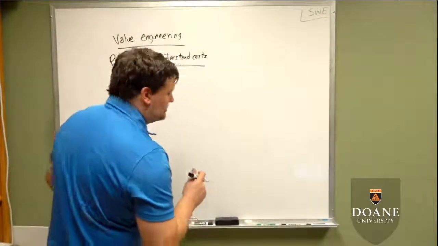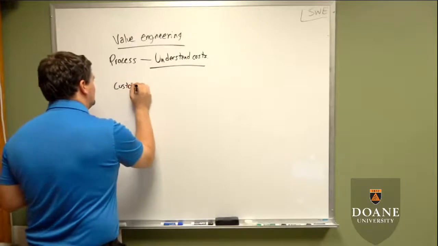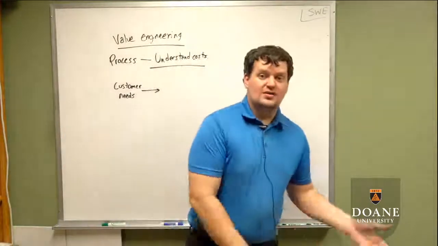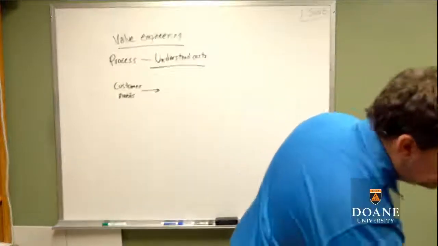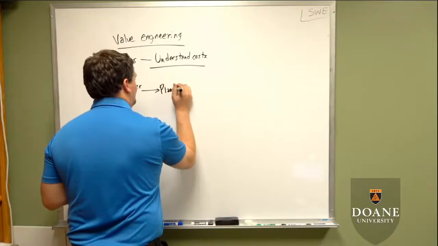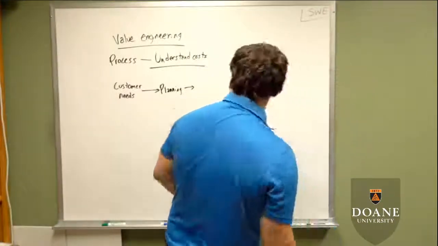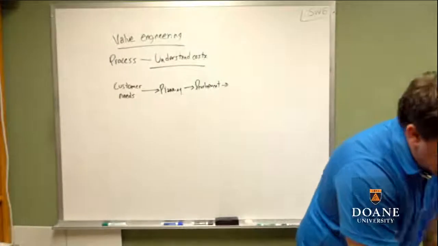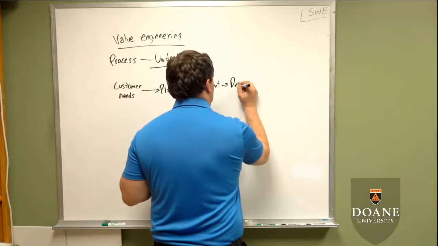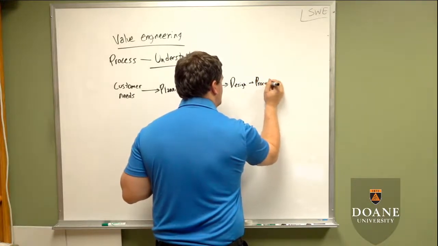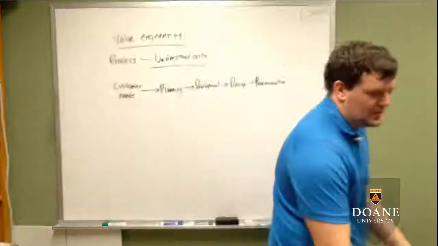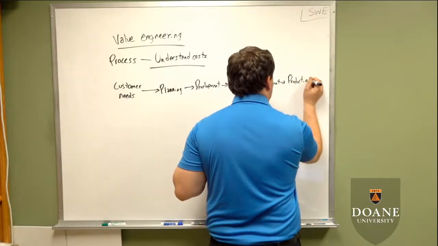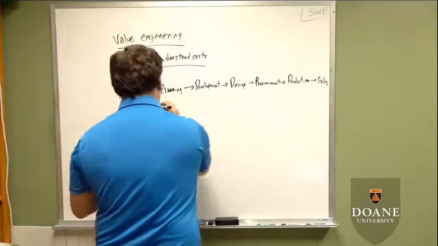So one example, but here the book has a figure that they put in this chapter where customer needs ultimately drive the design process. Okay, from the customer needs, this goes into planning. From the planning stage, it goes into development. From development, it goes into design, purchasing materials or procurement. Procurement also includes equipment. And then you move into production. And then you move into sales. Okay, now all of this